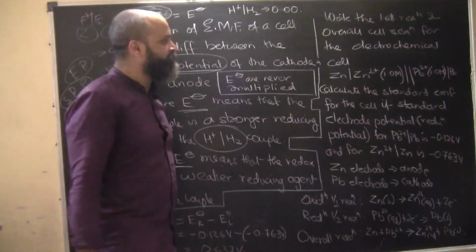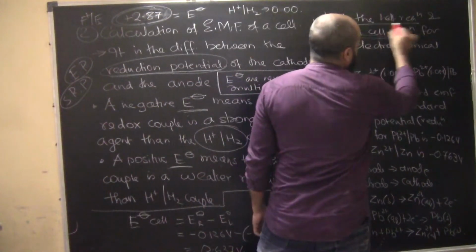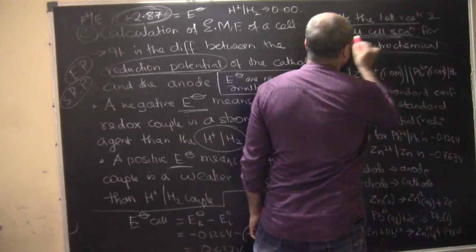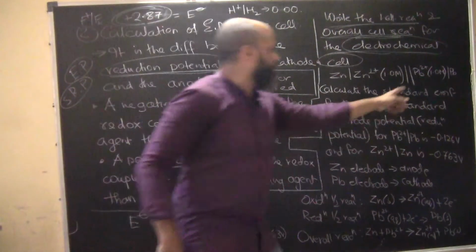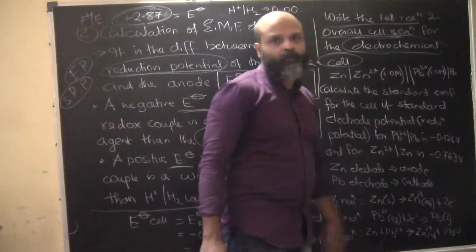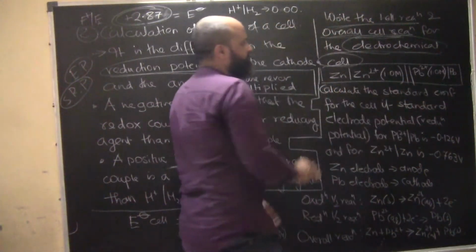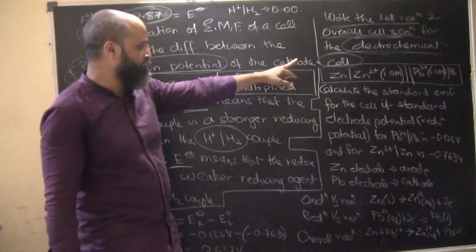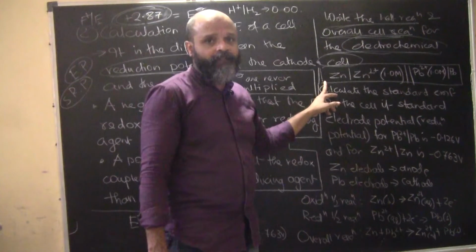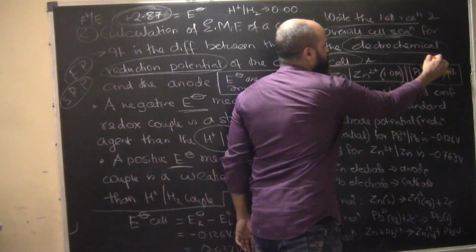We have this half reaction, right? The half reaction and overall cell reaction. So we have this cell reaction that is happening in an electrochemical cell. We have zinc and zinc ions, and we have lead and lead ions. Both are 1 molar concentration, as I have already explained to you. How do we write this? The anode part is basically written on the left hand side, the cathode part is written on the right hand side. So this will be the anode part and this will be the cathode part.